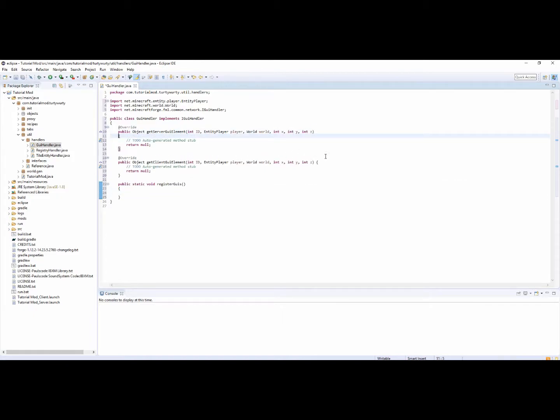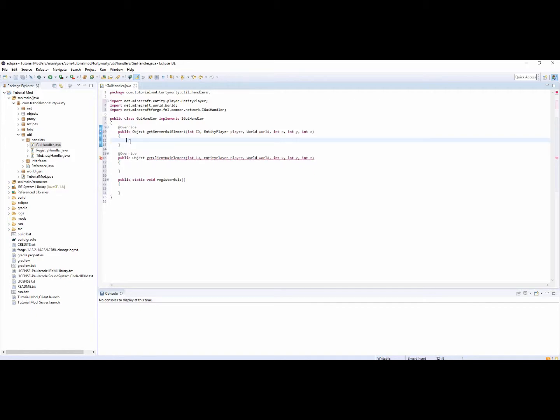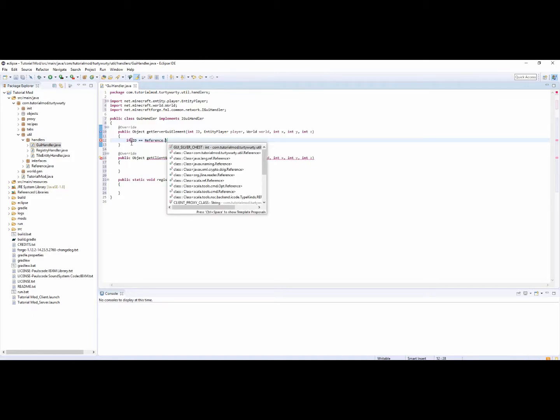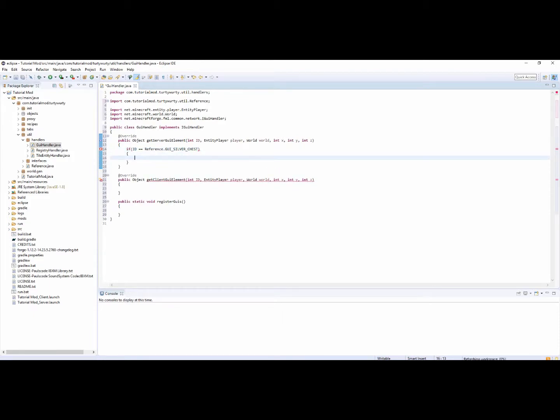Now, inside of these, firstly you want to get rid of these contents here. You want to put if ID is equal to Reference.GUI_SILVER_CHEST,